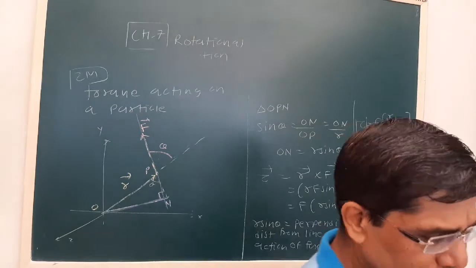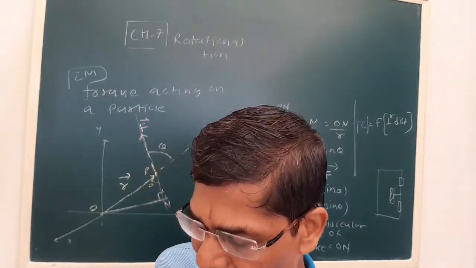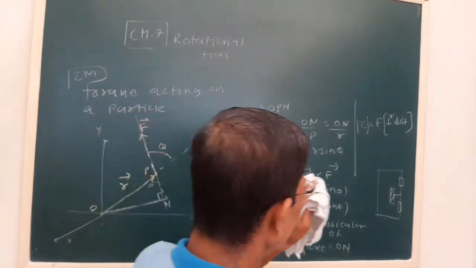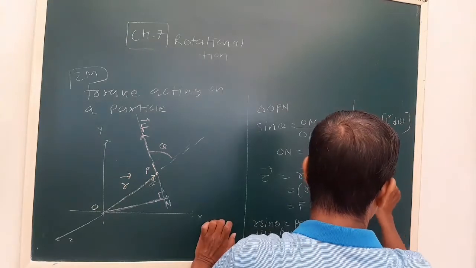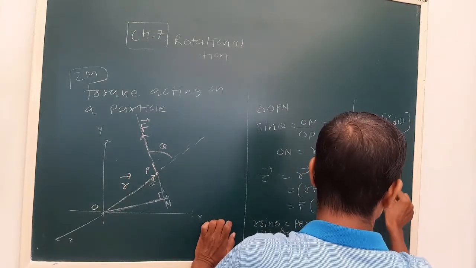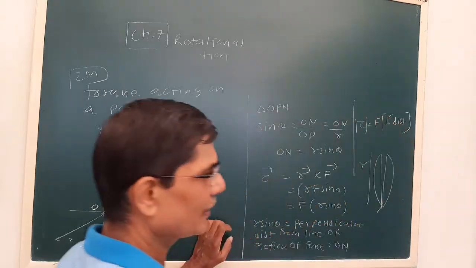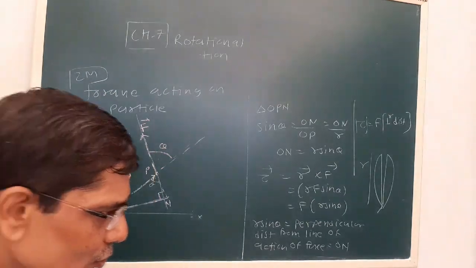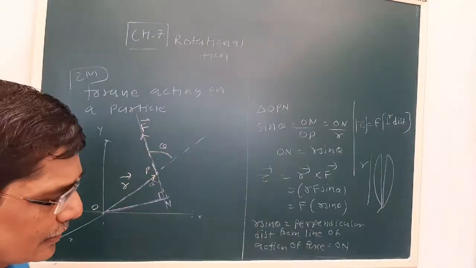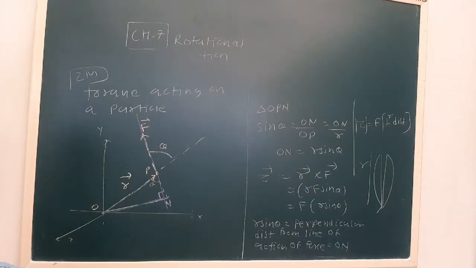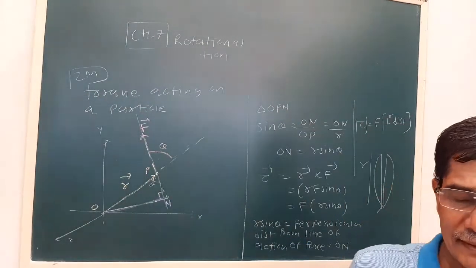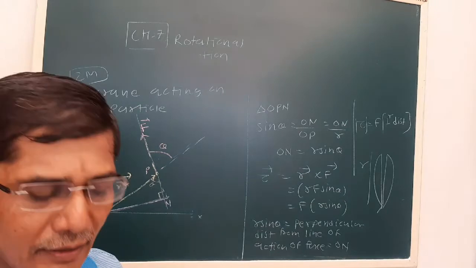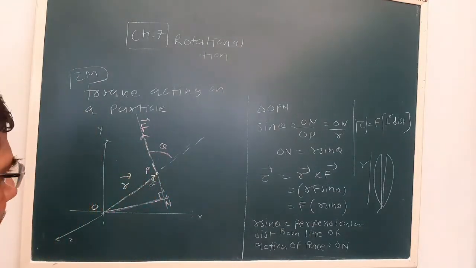You studied earlier in the lower standard about the simple machine. See the handle of the gardener's scissor. Handles of the gardener's scissor are also kept long. Why? Because if they keep R as a larger value, the force to be applied will be less. So this is how the torque is a measure of effectiveness of the force. Now we studied work is force into displacement. Torque is a measure of effectiveness of the force in producing rotational motion.